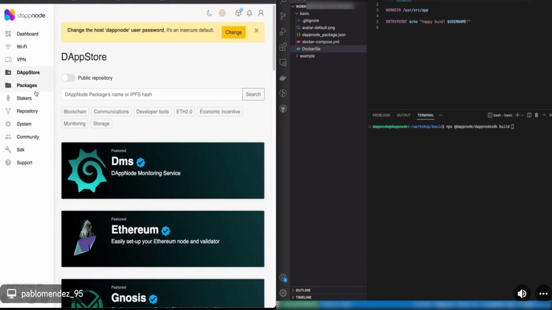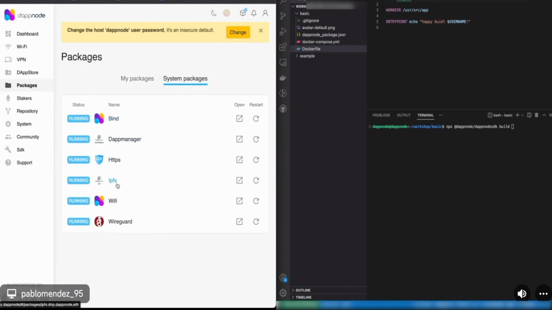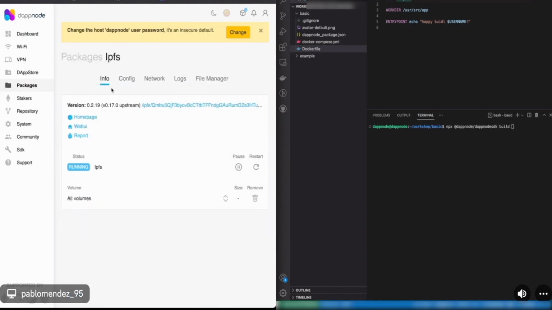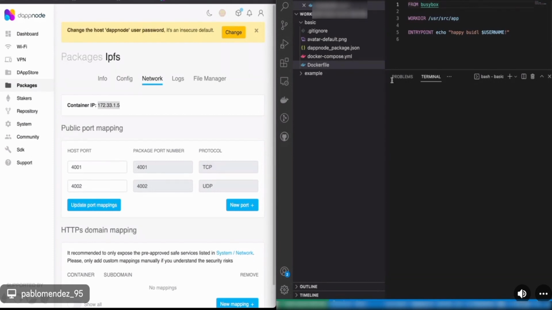And to do that, if you have a DAppNode, you can just go to packages, system packages, get into the IPFS package, get into network, and you can just copy this IP. So I will copy the IP, and now I will use it as a provider.